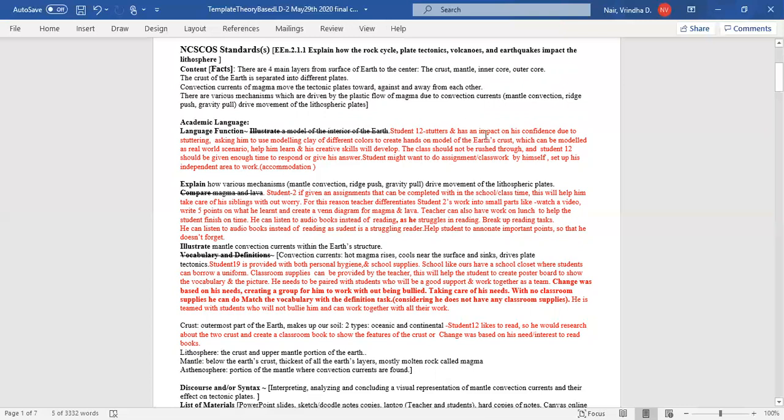If you see here, you can see student number 12, student number 2, student number 19. Instead of using their names, I have used their numbers. That was a random selection. It showed on the picture that you can pick student number 12 all the way to whatever number they had given. So I picked 12, 2, and 19 instead of their names. Now, based on what and how they are able to do the